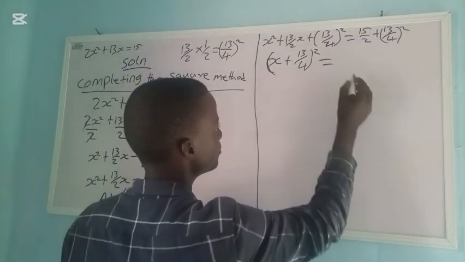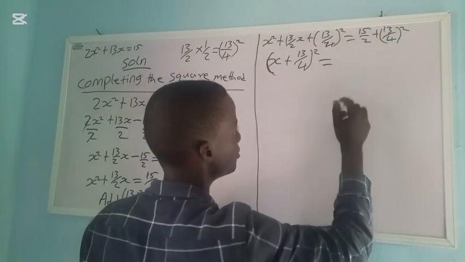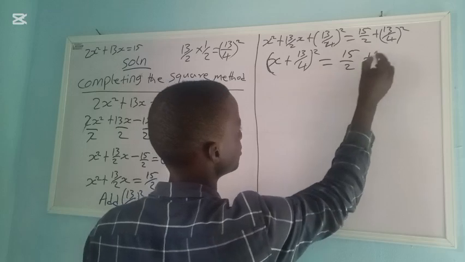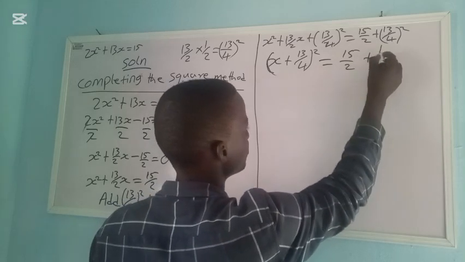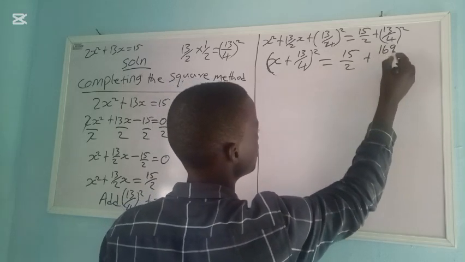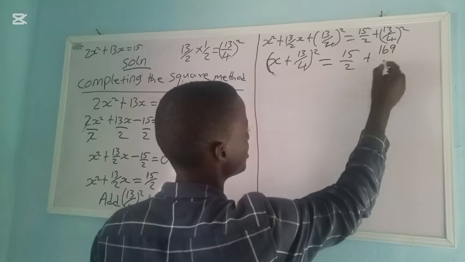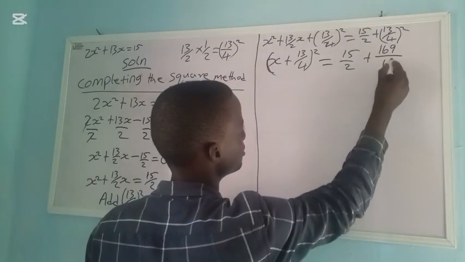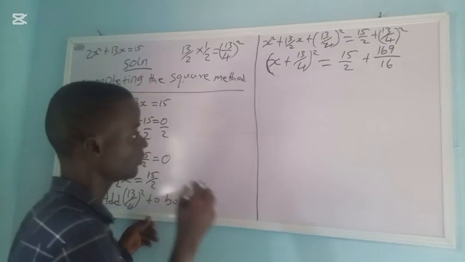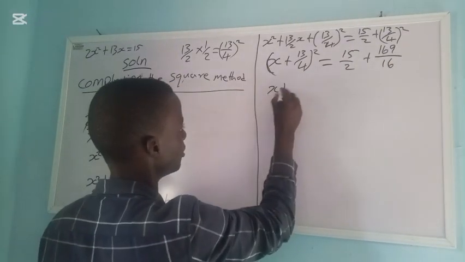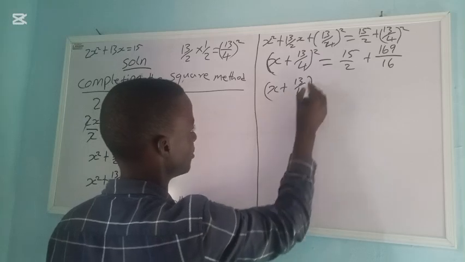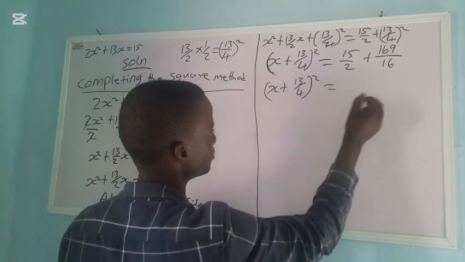Then it's equals to, so now let's do this one. We have 15 all over 2 plus 13 square. 13 square is 169 all over 4 square is 16. So now we have x plus 13 all over 4 bracket square is equals to, now